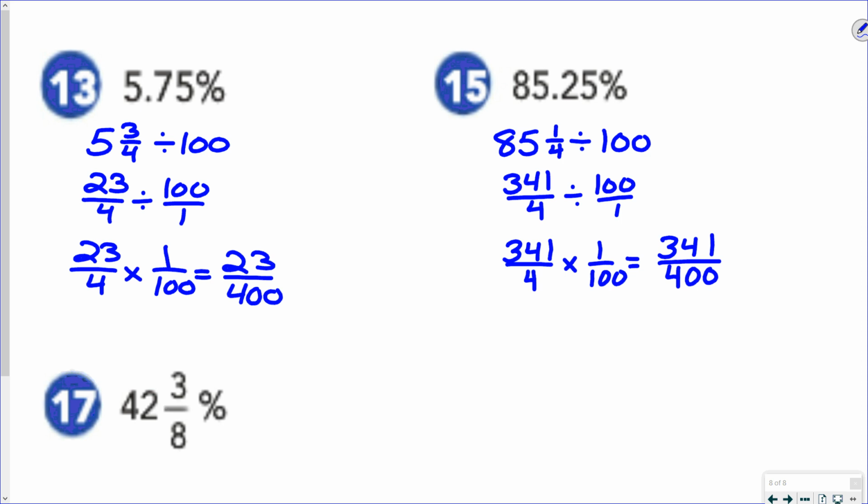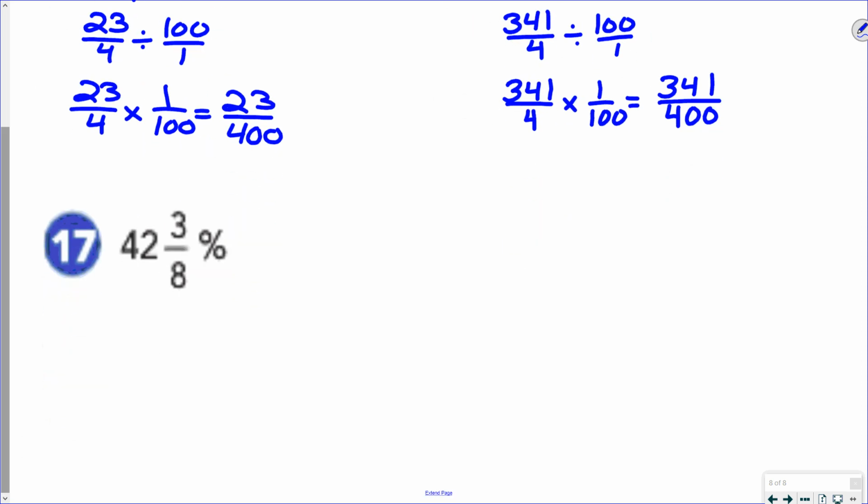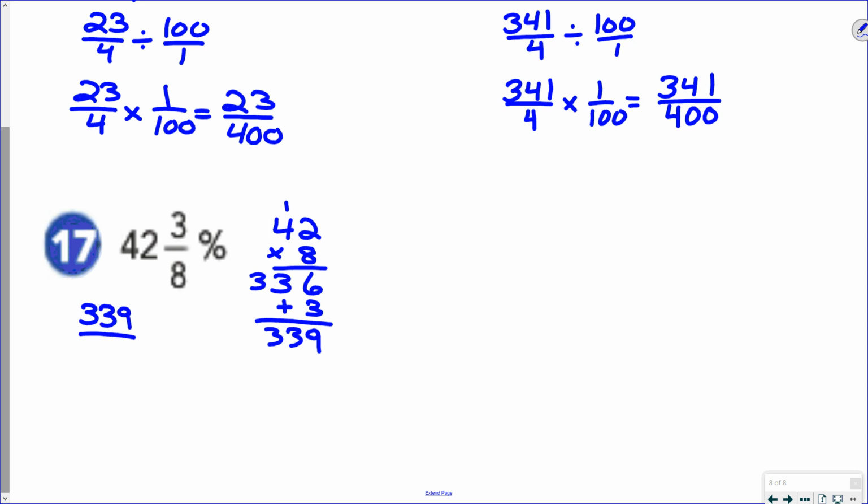And then finally, number 17, just to do another practice, when you have that mixed number, we take 42 times 8, and then you add the numerator. So you'd have 339 over 8 divided by 100 over 1, which would be 339/8 times 1/100th, which is